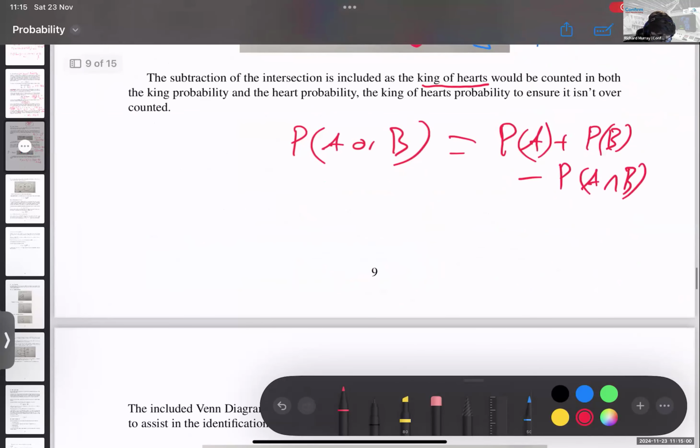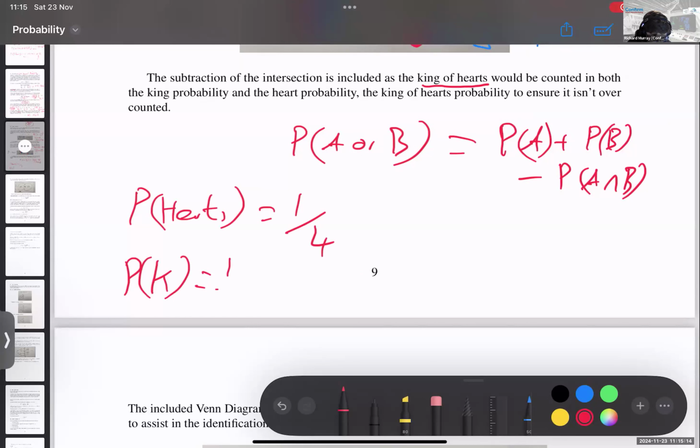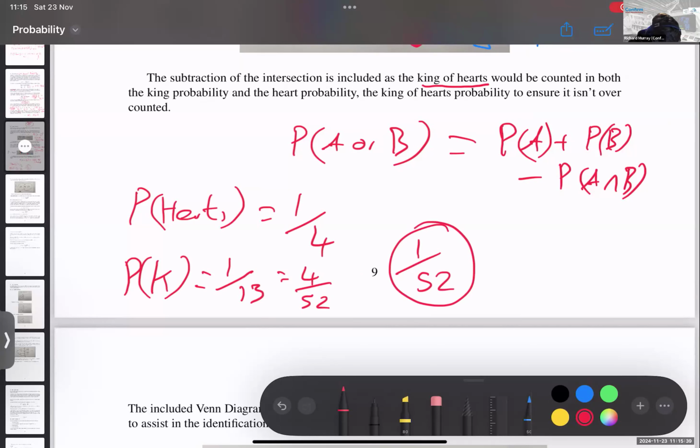So for the probability of it being a King of Hearts, the probability of it being hearts is 1 in 4. The probability of it being the King is 1 in 13, because it's going to be 4 in 52. But we also know that there is a King of Hearts. The odds of drawing the King of Hearts is 1 in 52. So to find that overlap here, we're going to have it being,